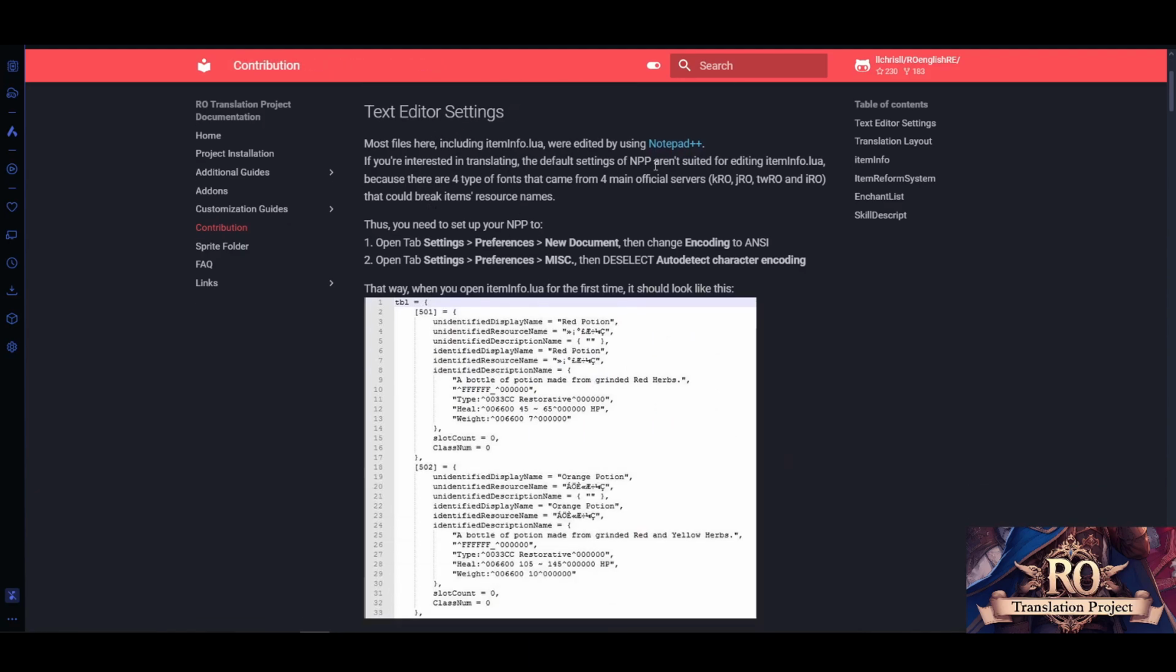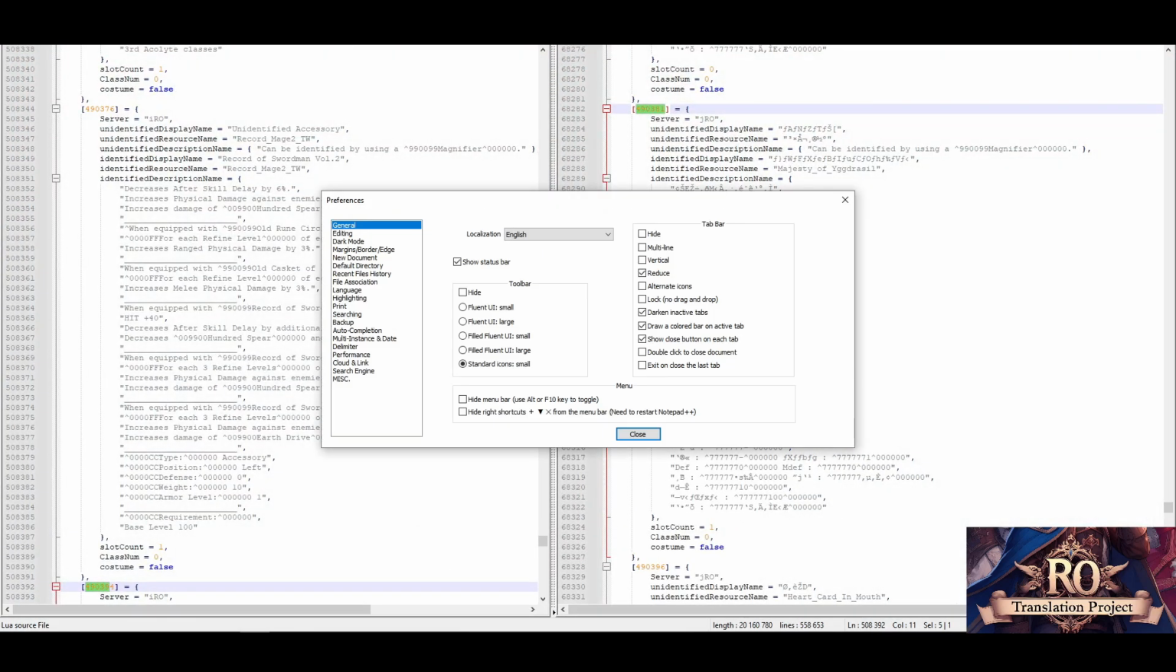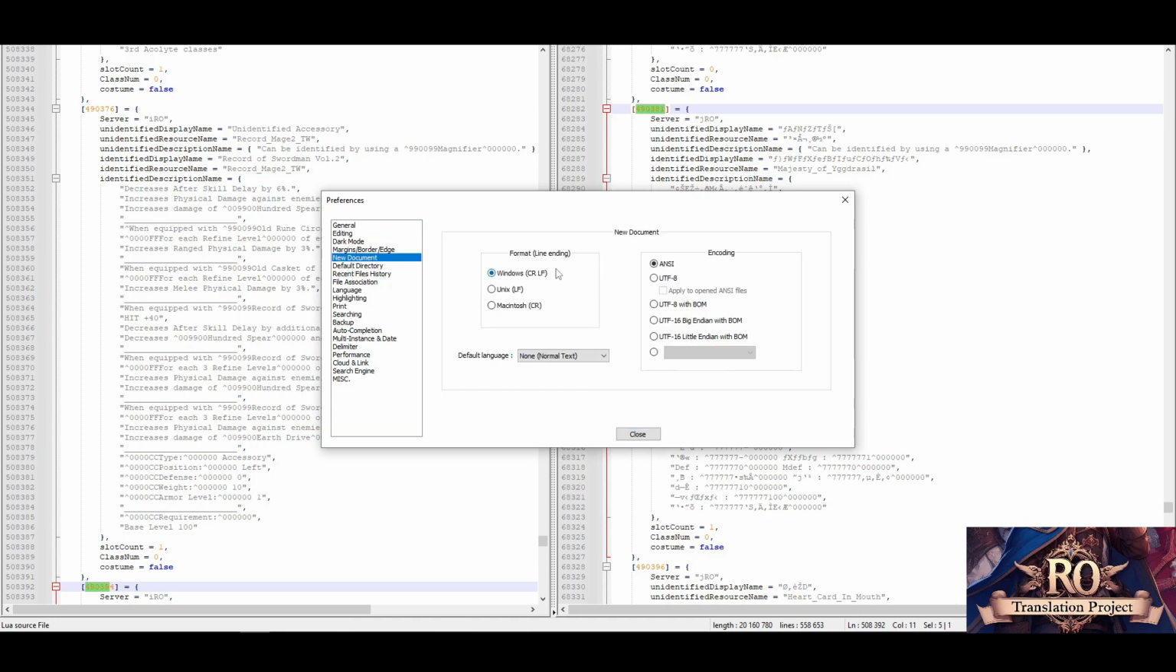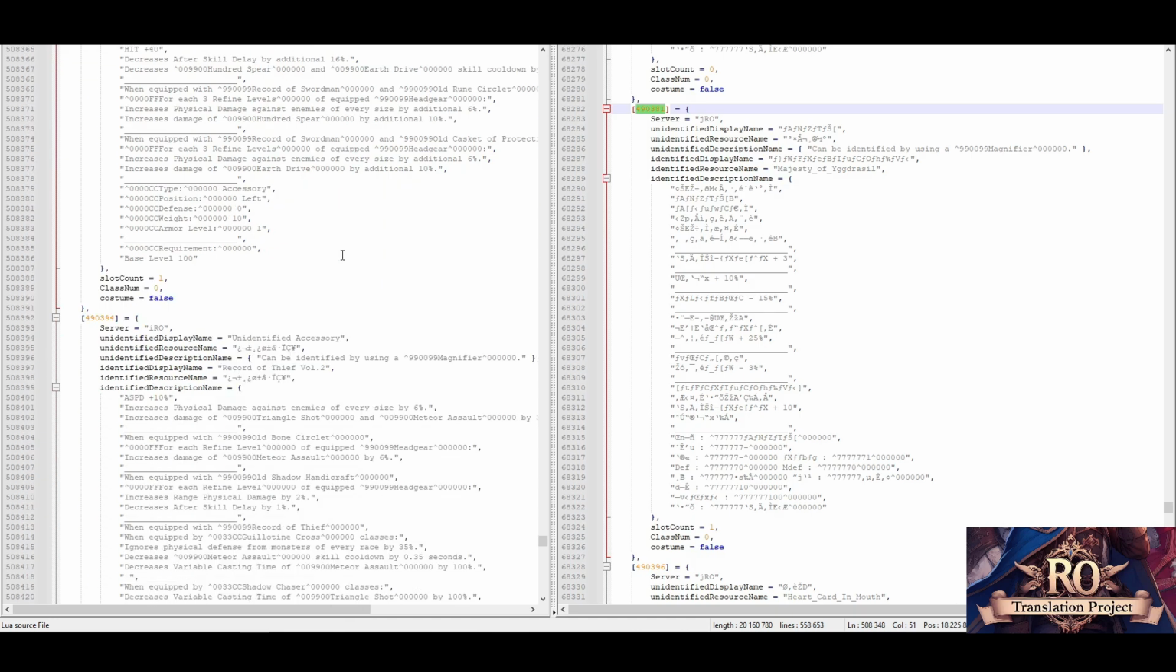In the text editor settings, you basically have to go into the settings tab itself. Here under preferences, then under new document, make sure that you select ANSI as your choice. By default it is UTF-8, and apply to open ANSI files, make it ANSI, just to be on the safe side. UTF-8 can screw up the whole files because so much can go wrong,